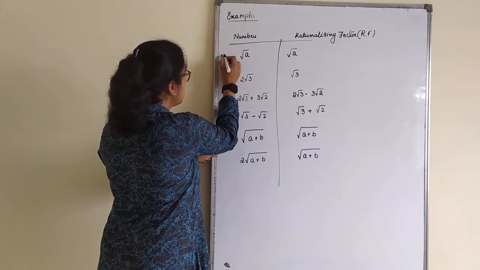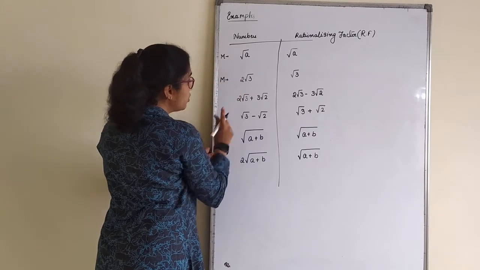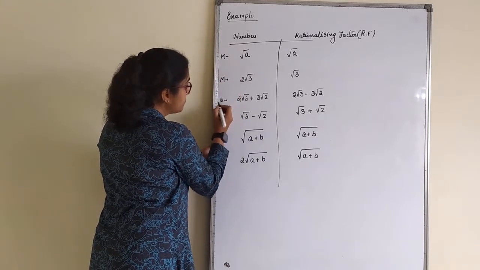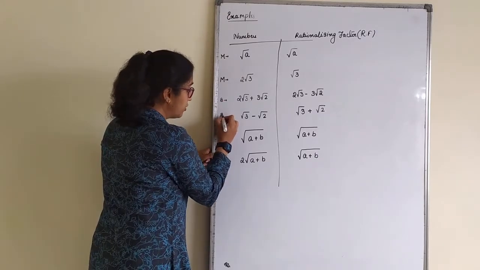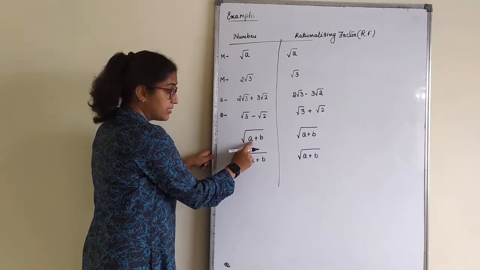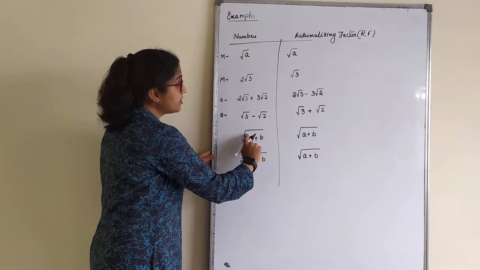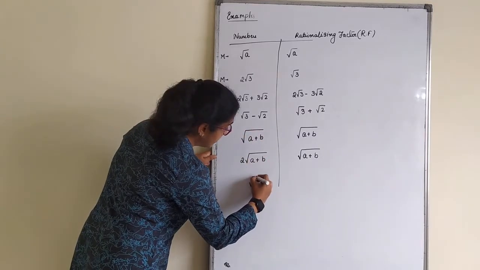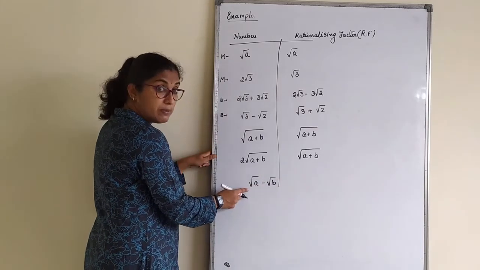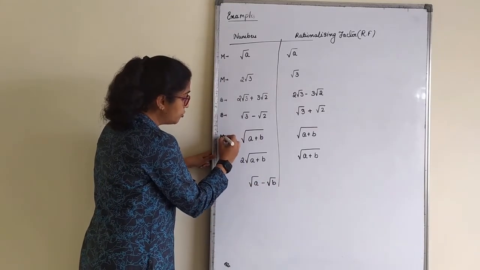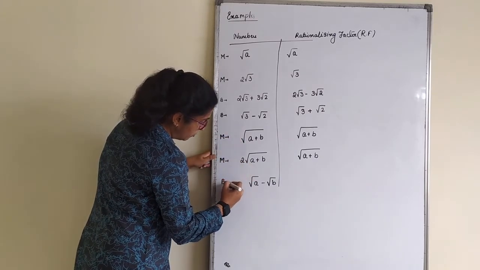First of all, let us understand monomial. This is also monomial only, because 2 is a coefficient. Binomial, don't worry, you will not have trinomial for rationalization. So this is binomial. What about this? It is a plus b. 2 terms are there. Monomial or binomial? See, there is a root, a whole root. If I write root a and take a minus sign, minus root b, this is binomial, wherein this is monomial. This is also monomial and this is binomial.